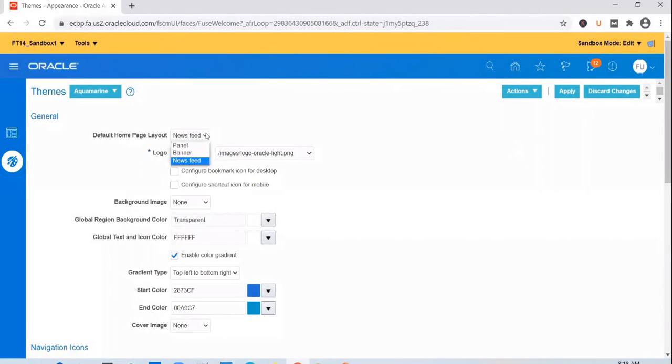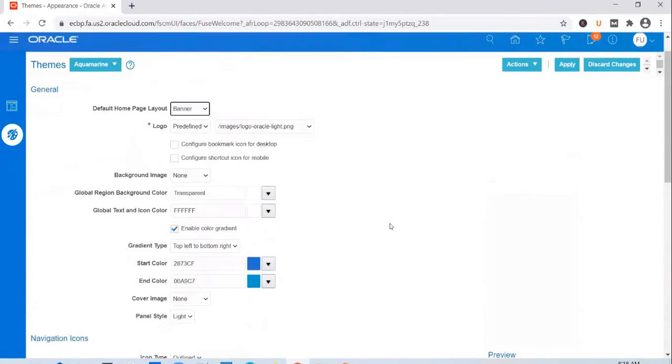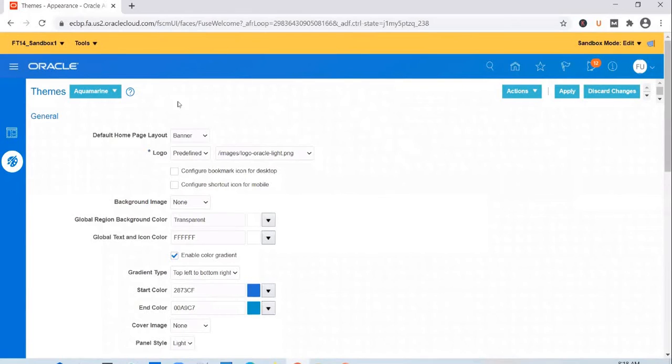That's one of the biggest problems with newsfeed. It takes quite a bit of time to navigate around in the application. But if you change this to banner, all the work areas appear in a single page, and all you have to do is just scroll down like this, click on tools, and that basically saves you 5 or 6 mouse clicks. So it was pointed out as one of the reasons why the client has asked me to change the layout from a newsfeed to banner layout. It could be because of any other reasons as well.